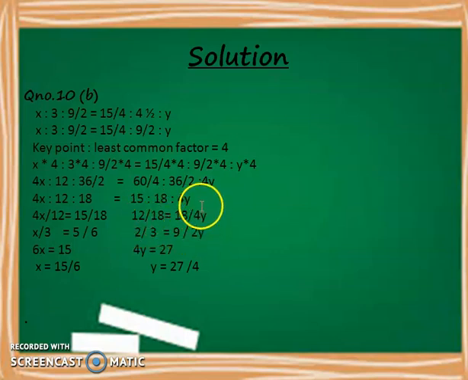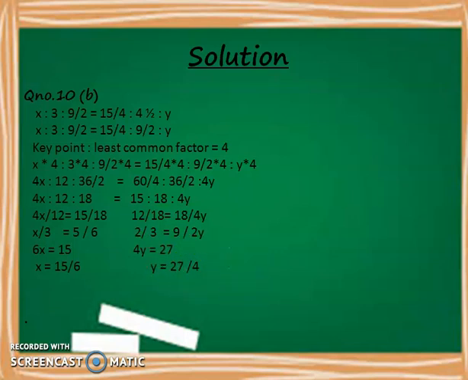2 by 3, this whole fraction is divided by 6. Here I have this divided by 2, because 4 comes in the table of 2 and 18 also comes in the table of 2. Here again I have done the cross multiplication. Cross multiplication is done like 6 is multiplied with x and 3 is multiplied with 15. Here the cross multiplication, or butterfly multiplication, you can say, like 2 is multiplied with 2y and 9 is multiplied with 3, 27. I have just removed this 6 from this side and put it over there in the denominator. I have removed this 4 from this side and put it in the denominator on the other side.